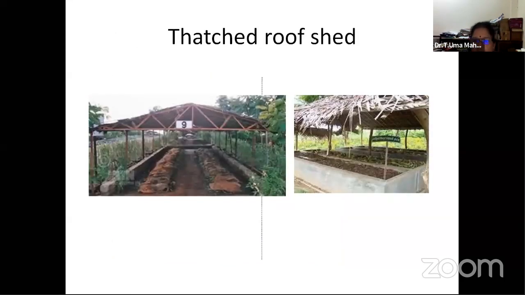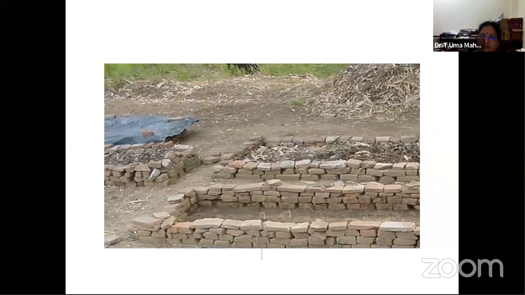Or a thatched roof, because in villages we cannot talk about all these things. Even in a village with a thatched hut you can produce and protect the worms from sun and rain. So these are the different types of structures which we can utilize for the production of vermicompost. Or even that is not available in winter, take out rainy season, now from November to February you want to have it. So you can create such things with bricks or waste stones. You can create a bed like that and utilize it and produce the vermi.